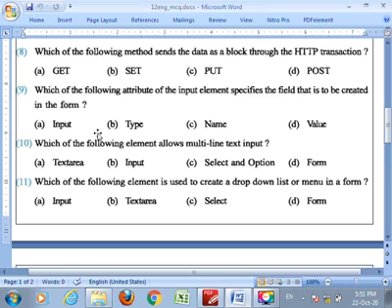It means which field I want to create, how we can create a field in input. If I want to create a text box, then what do I write? I write input type is equal to text. So the type is your answer. It means MCQ number 9, the answer is option B, type.